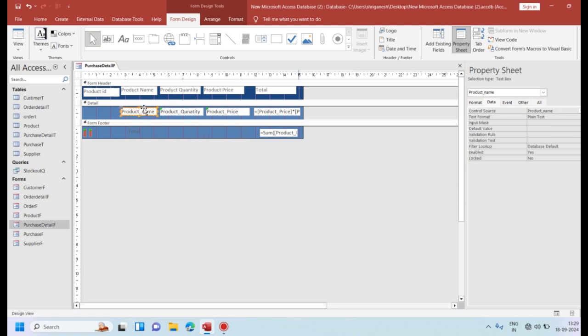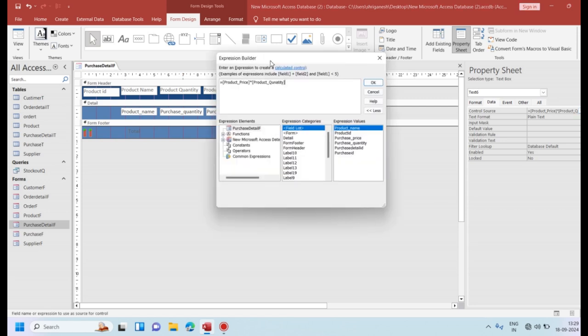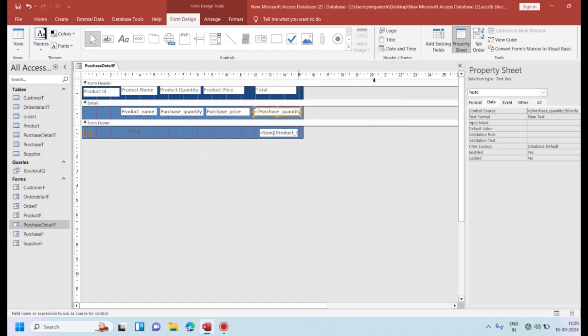I first change product name to the purchase detail product name, product quantity to the purchase detail product quantity, product price to the purchase detail product price. This total column, I go here and change it to price of purchase quantity into price of purchase price, and I press OK.